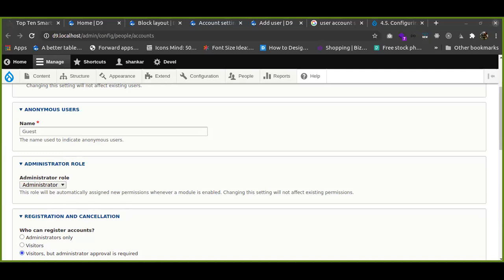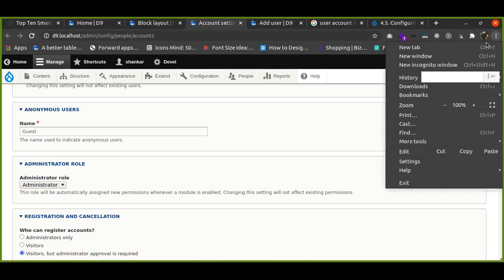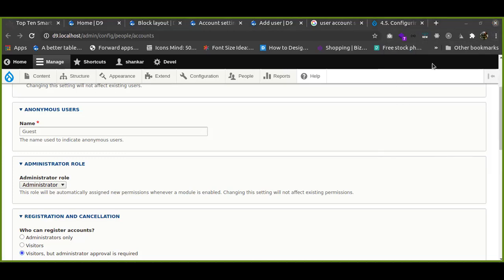Okay, I will open it in incognito mode. Guys, will you be able to see my screen?